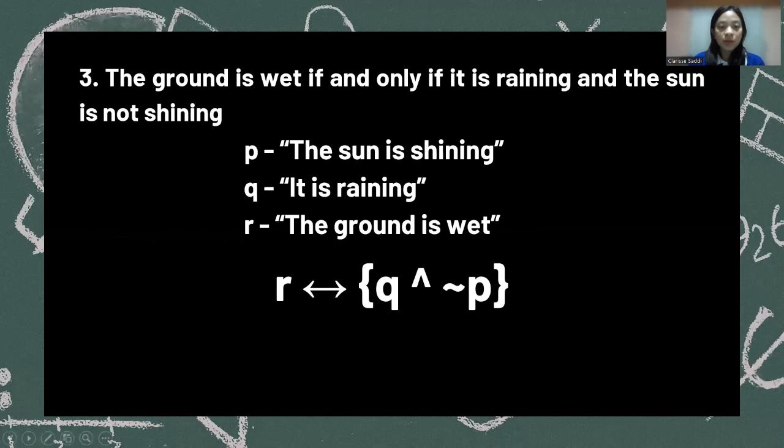So first we have the R statement, which is the ground is wet, followed by the biconditional or the if and only if connective that is stated here in the example, then followed by the Q statement, which is it is raining,